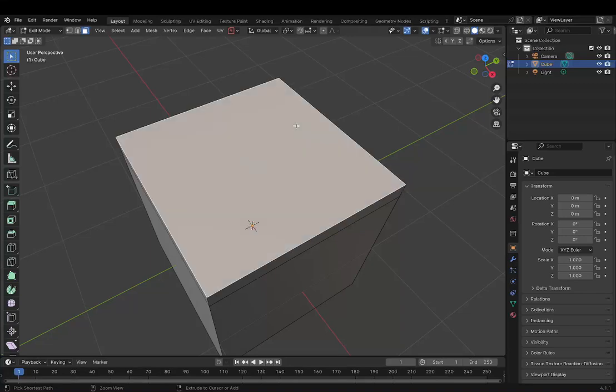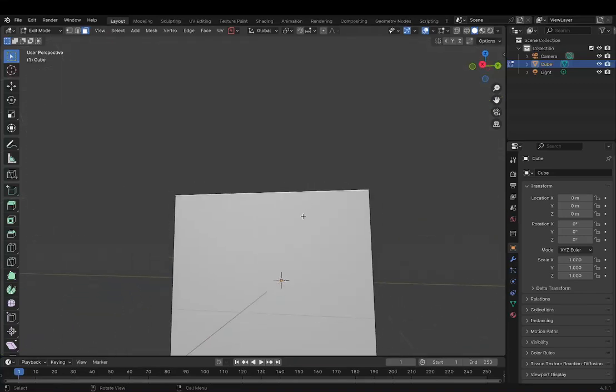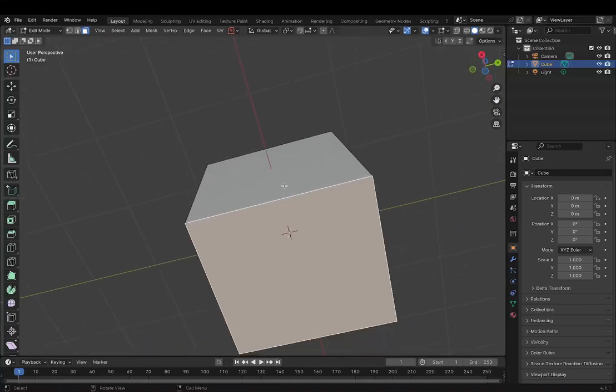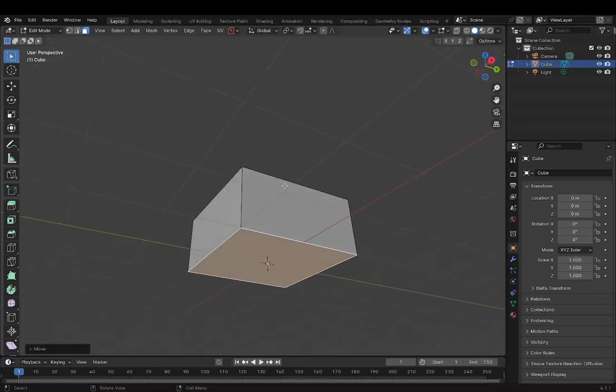Now let's go about modeling that skyscraper. How I would do it, I would probably start by moving this up so that it matches the floor.